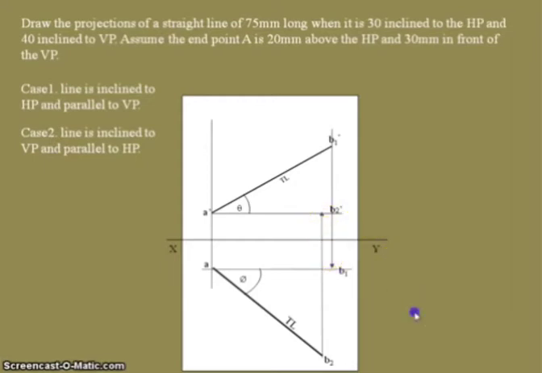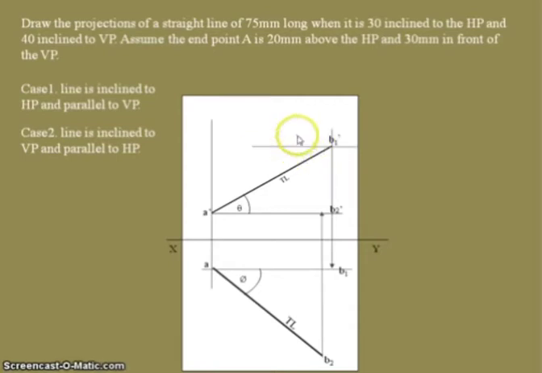So for that, next we have to locate the locus line. Here I have drawn a locus line for drawing the final front view. Okay, the locus line means, while giving inclination to the vertical plane, here we have given the inclination to the horizontal plane. For getting the final front view we need to give the inclination to the vertical plane also. While giving the inclination to the vertical plane, this point will try to move on this locus line. For that purpose we have drawn the locus line.